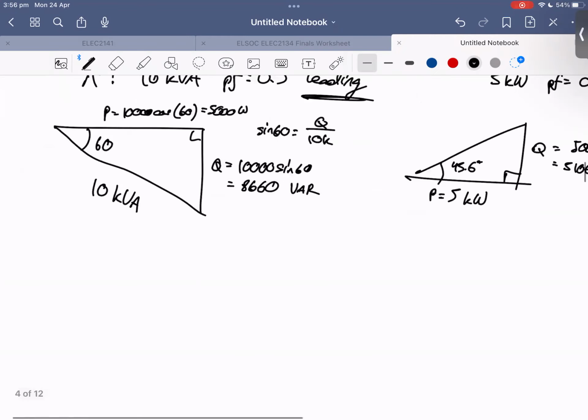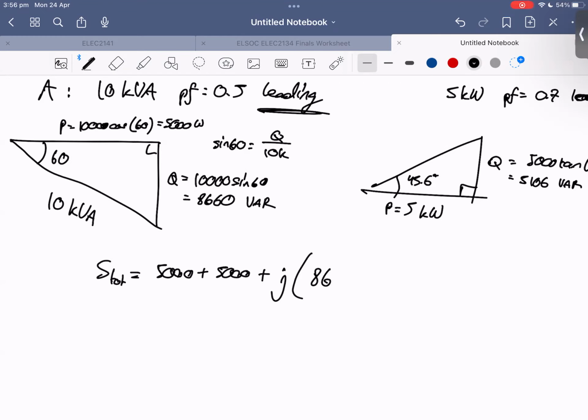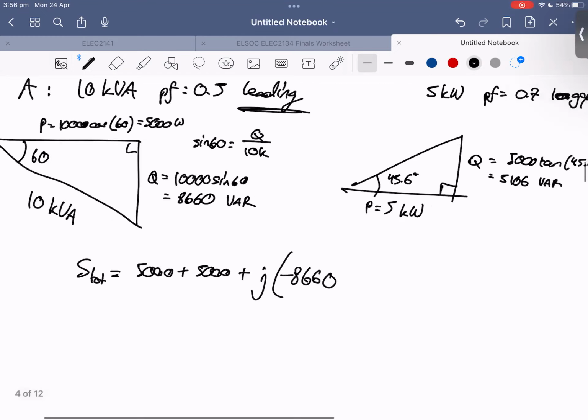So the total power triangle I can get if I just add these two triangles together. So S total equals, so I had 5,000 watts, and then I have 5,000 more watts on the other triangle, and then I have negative 8660 volt amps reactive